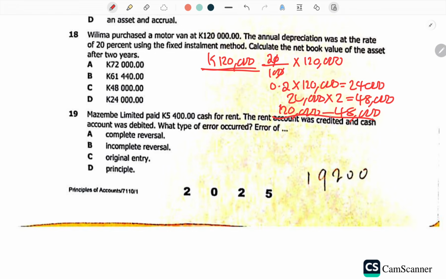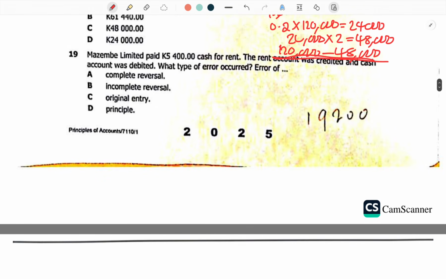Okay. So basically, just make sure you find the percentage of this. Whatever you get, multiply by the number of years you have been given. Whatever years have been given, that's how you make this one simple. So this question is also much more repeated, especially in most past papers. You check them out. Okay, we go to question number 19.